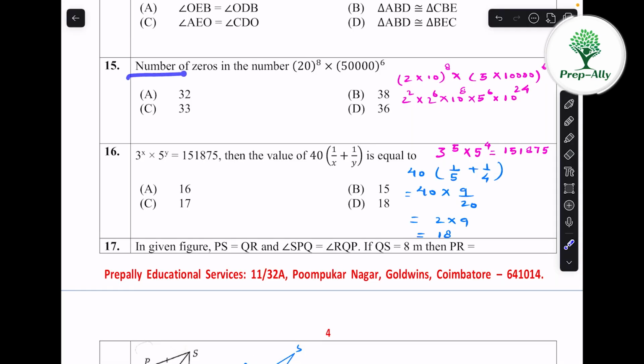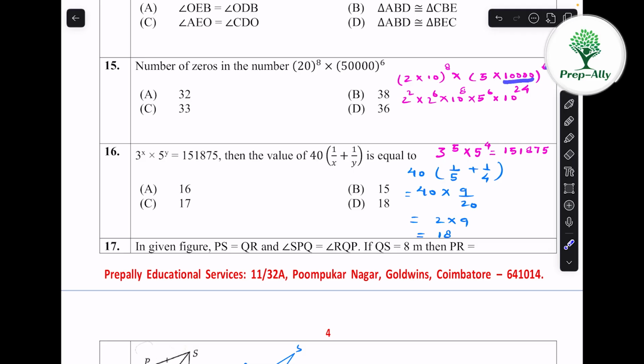Yeah, see how to solve this question. In this question you want to find the number of zeros in this number, right? So see here, now this I can write like this, and this I can write like this, right? So here this I can write 2 to the power 8. I can write 2 to the power 2 into 2 to the power 6, and it is what? 10 to the power 8, right? And this I can write 5 to the power 6 into